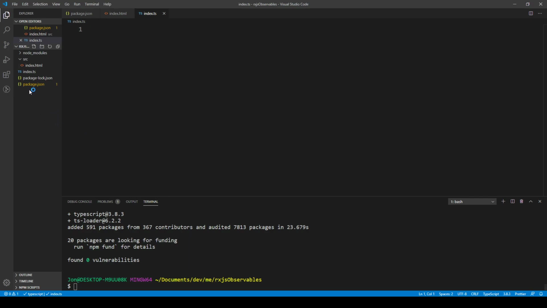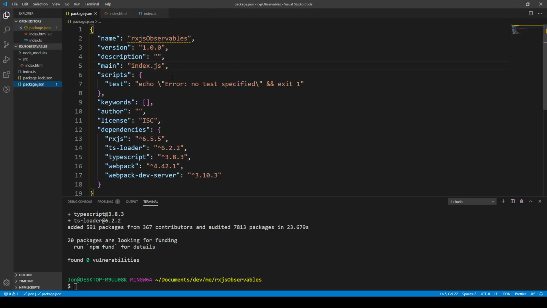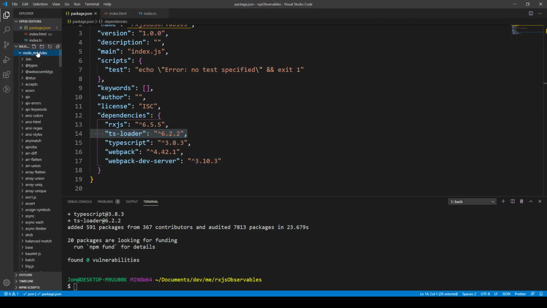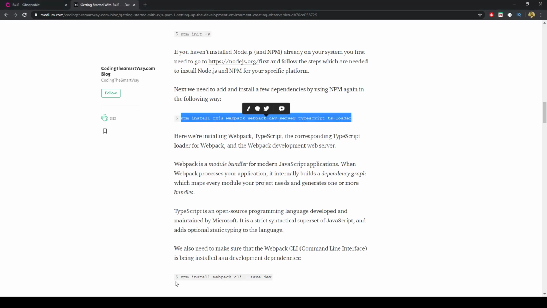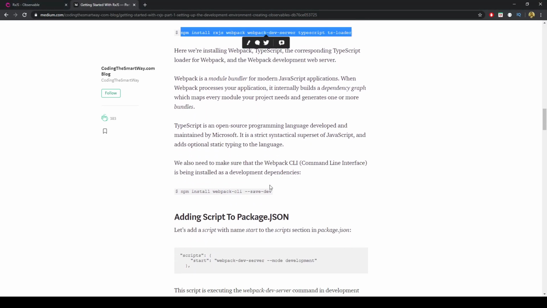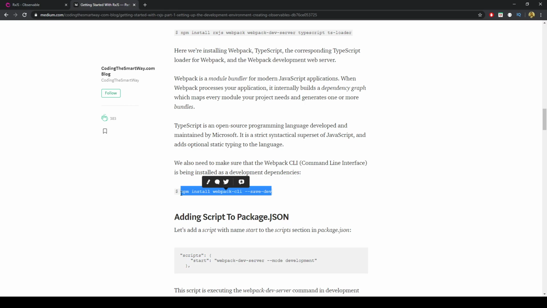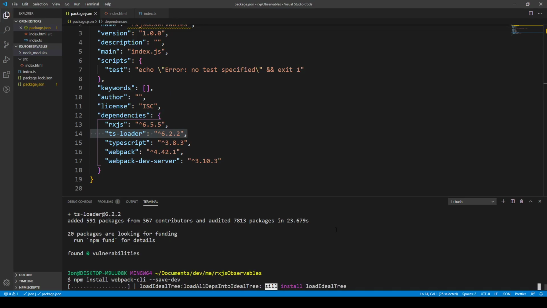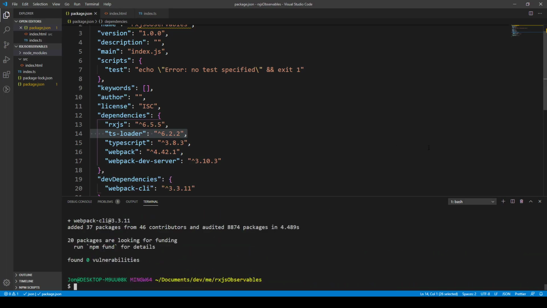And we'll notice that with the installation in our package.json, we have the latest versions of RxJS and TypeScript and Webpack dev server and TS loader, and these will be in our node modules as well. So the next step that we'll do is install the Webpack CLI as a dev dependency, because we will need to be using it for development purposes only. So let's go ahead and install that. Okay, so